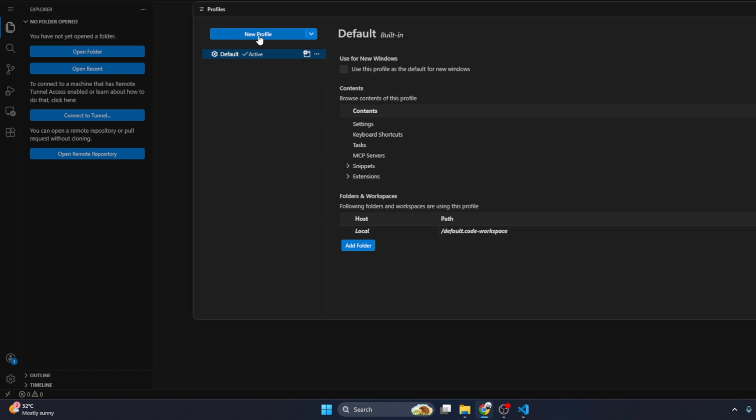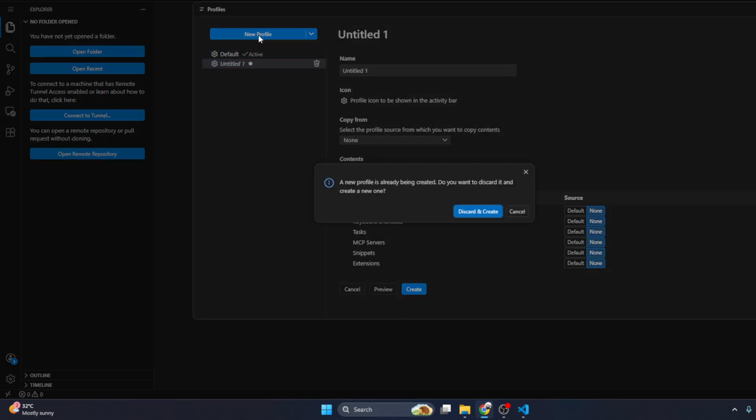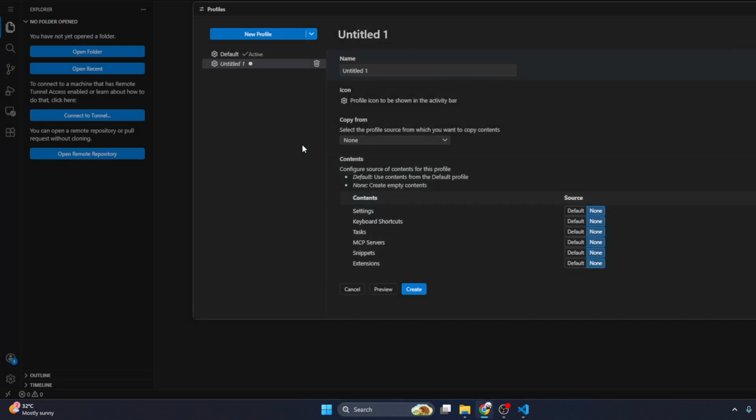Now that you're in the Profiles area, the next step is to create a new one. Look for a button or link that says New Profile. It's usually positioned near the top of the Profiles section, often accompanied by an icon like a plus sign. Click on New Profile. When you do this, VS Code will start the process of creating a fresh profile for